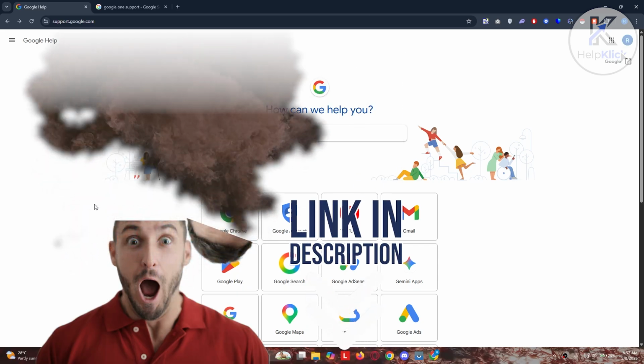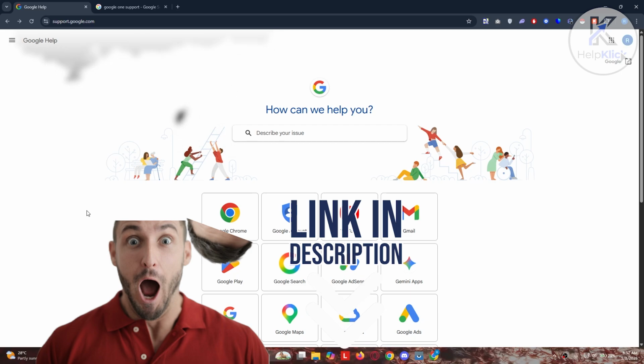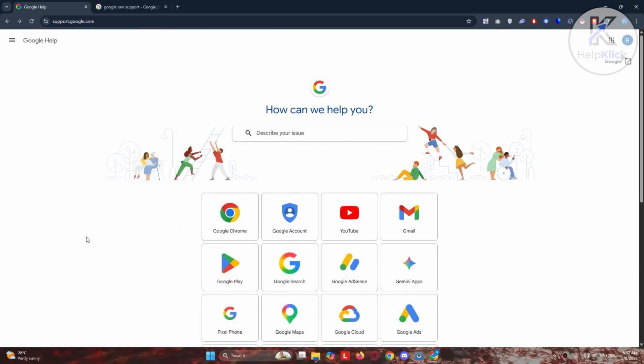So let's get started. If you want to contact Google One support and get assistance on, let's just say, a problem or issue you're having right now, well, this one is kind of complicated. By default, if you're not familiar yet with Google One, you should see, if you're in your dashboard,